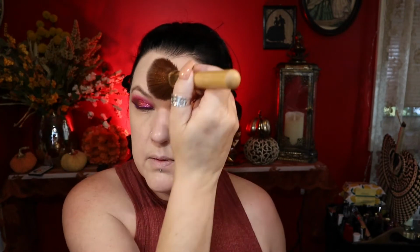And I don't care for super full coverage foundations most of the time, mostly because they tend to look really heavy. I have a few that are quite good coverage that are not like that, but I am going to go ahead and set that, just because I always set my under eyes just a little bit. My Nars crystal powder. It still feels a little tacky. I'm going to powder lightly with my Bare Minerals powder,